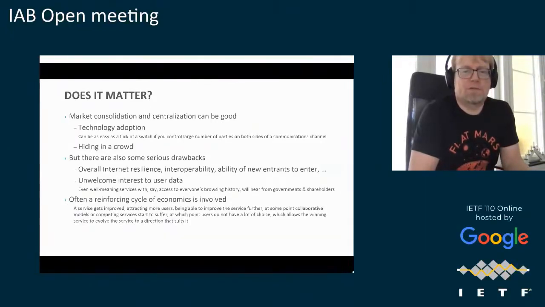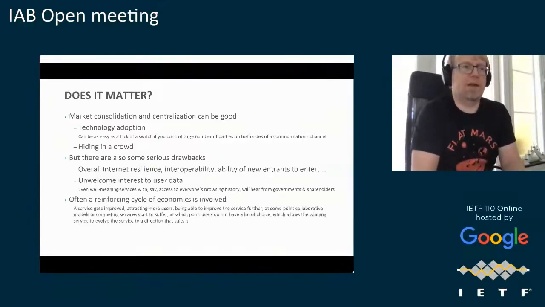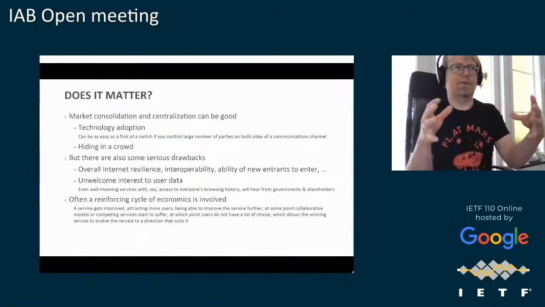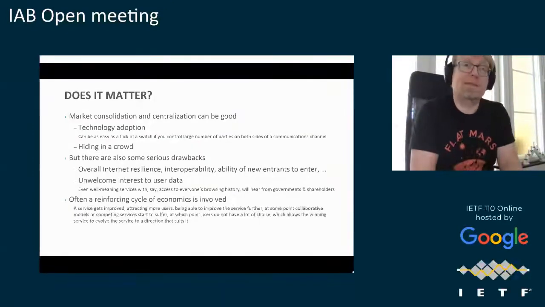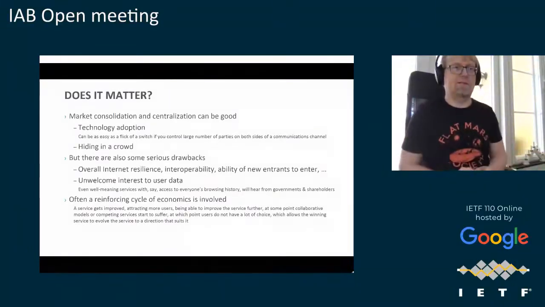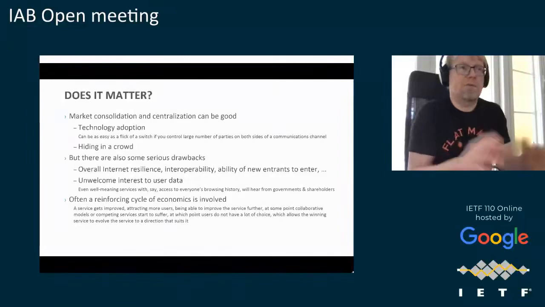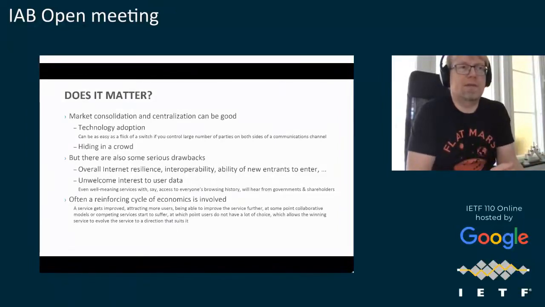One personally concerning issue is that if you have two large entities that have a lot of data, let's say, just to pick a random example, entities that would know the browsing histories of a large number of people, that's a very attractive target. Even if you are well-meaning, and I think everybody involved in the IETF is doing this, or any of these services, with very good intentions, they are also affected by governments and shareholders and so on that might be asking for access to the data, for instance. So I think we want to avoid that in some ways.